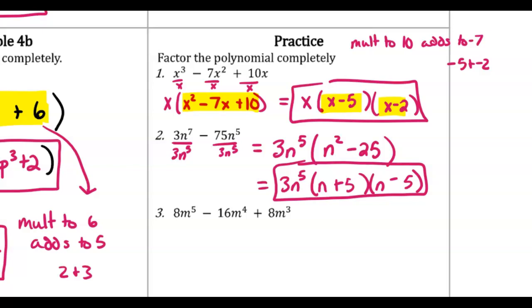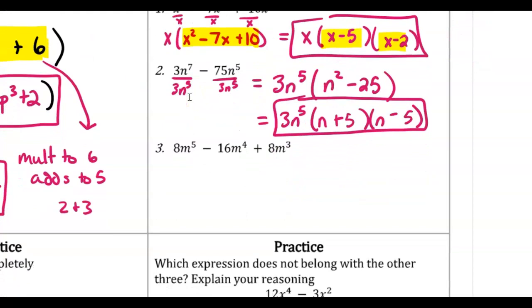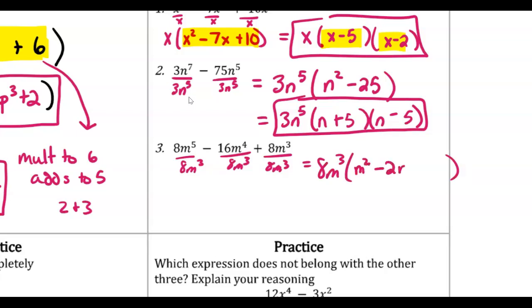Okay, so looking at this next one, how I would approach it is I'd look for a GCF first. The GCF I could pull out is 8m cubed. All right, and so I would pull out 8m cubed, and what's left at that point is m squared minus 2m